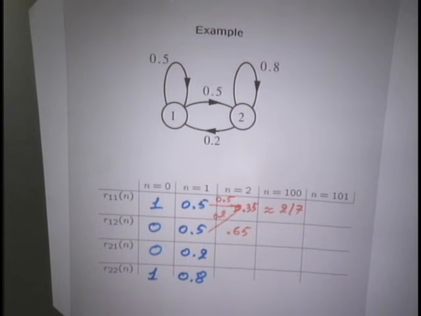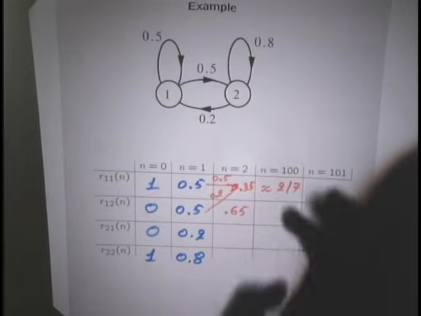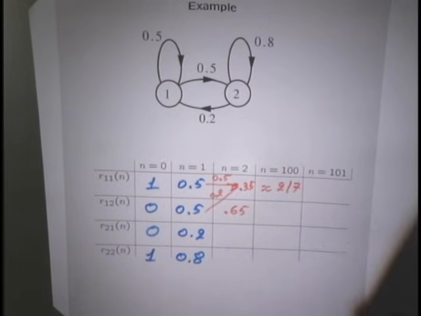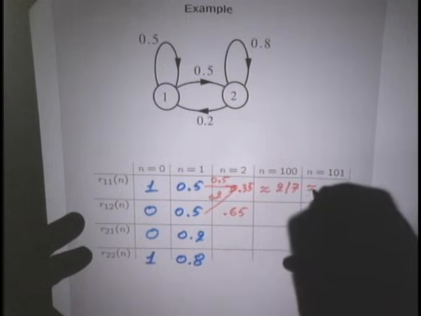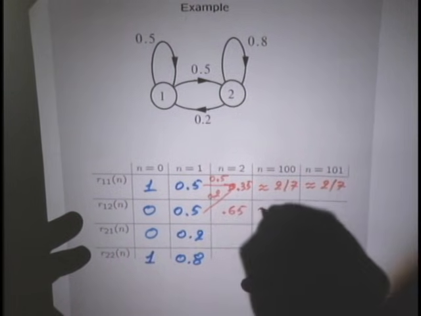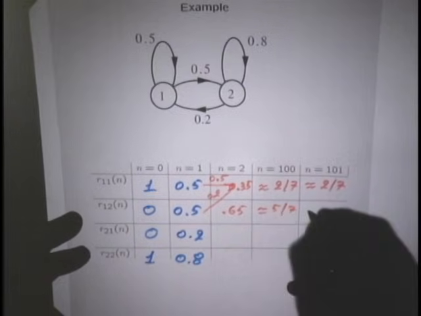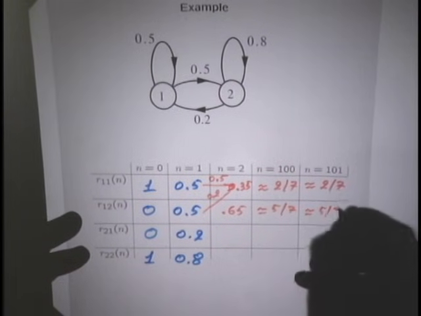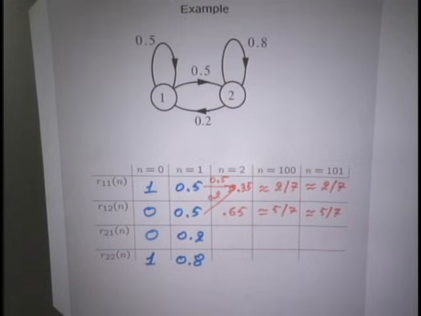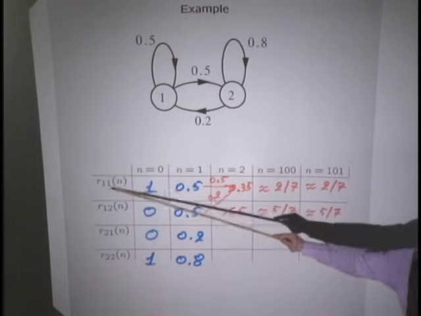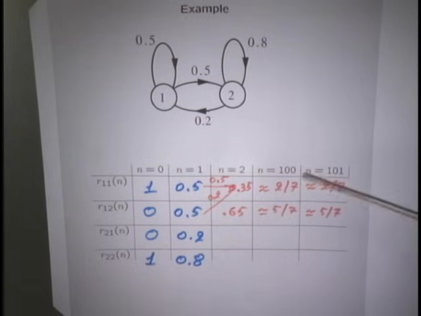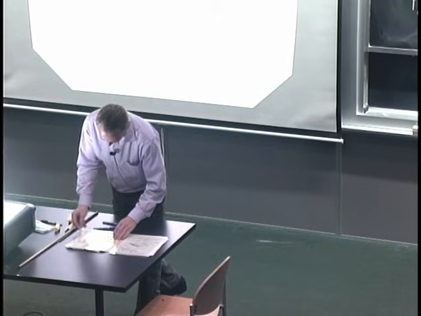So this calculation basically illustrates that if this number has become 2/7, then the next number is also going to be 2/7. And of course, this number here is going to have to be 5/7. And this one will have to be, again, the same 5/7. So the probability that I find myself at state 1 after a long time has elapsed settles into some steady state value. So that's an interesting phenomenon. We just make this observation.